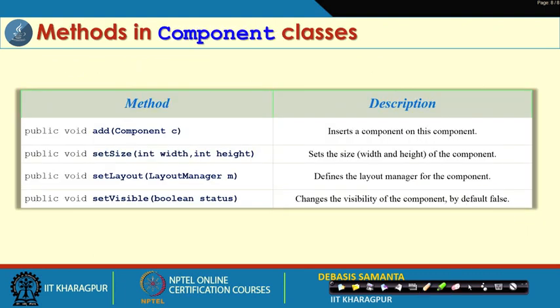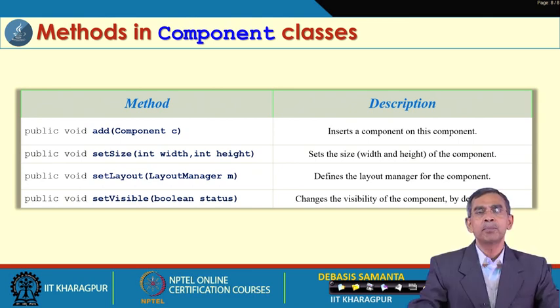Now, I will discuss the component classes. As you know, first you have to create a component, and a component is basically a window. If you want to add some other component into that window, there are many methods defined in the component class itself. The methods like add: if you want to add a button, definitely the add method should be there, and then the component in which you want to add it.